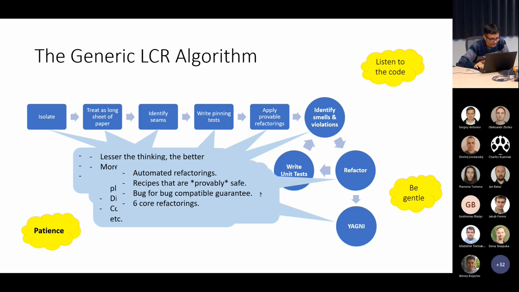The critical component of this is patience. The willingness to listen to what the code is saying, and not forcing it to do what you want. Instead, if it is breaking in a certain way, or if it is returning something, you are getting signals from that. If you're listening sharply, you can actually get a fair bit of signal from what your code is saying, but you'll have to be tuned. And then finally, being gentle. Being gentle is about not forcing the code to do what it is not ready to do.